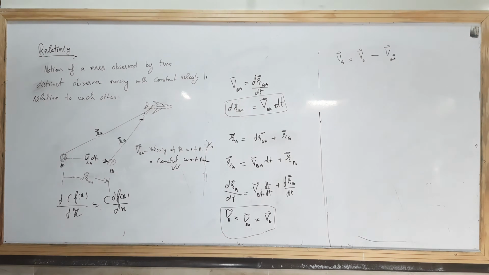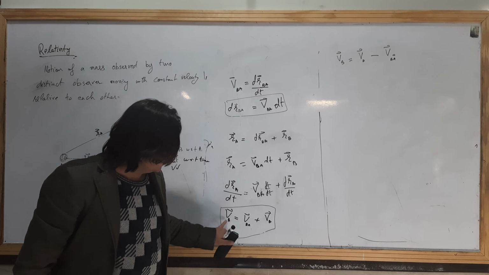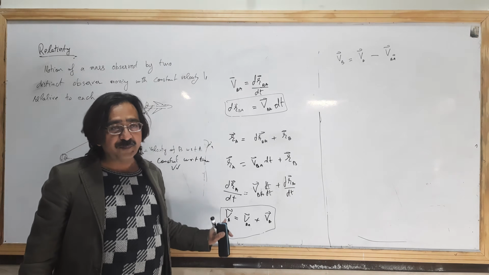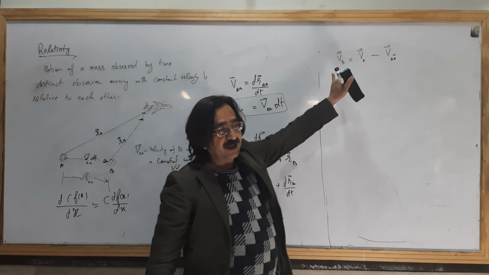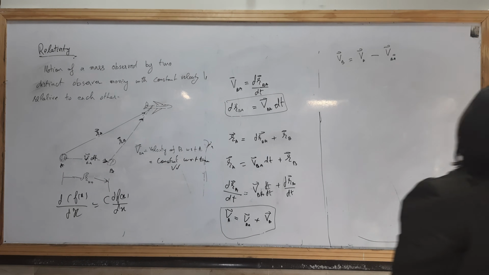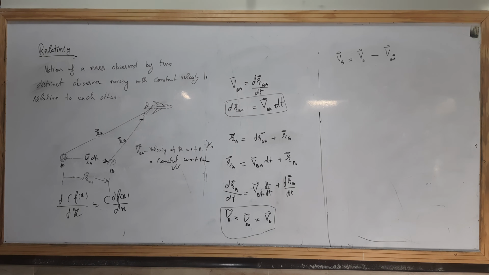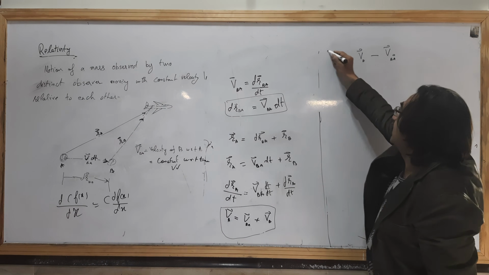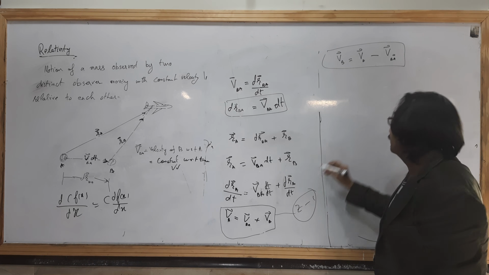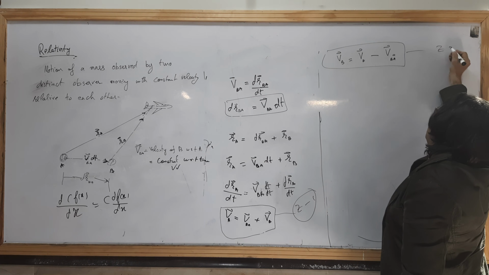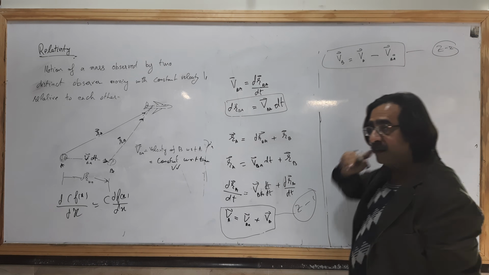Okay. If in the exam I ask to find the velocity of the plane with respect to A, then this will be the formula. And if I ask about the velocity of the plane with respect to the second mass, then this will be the formula. So these will be your two results. This will be called Z1, and this will be called Z2.